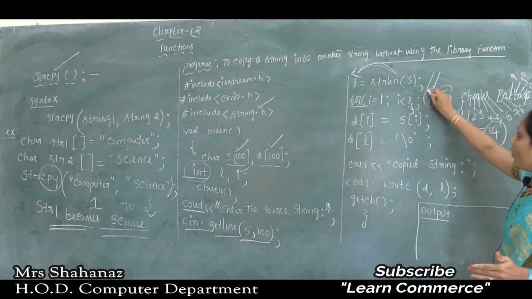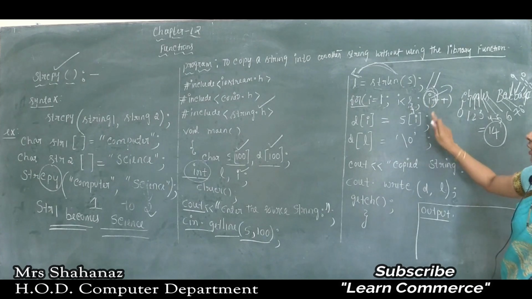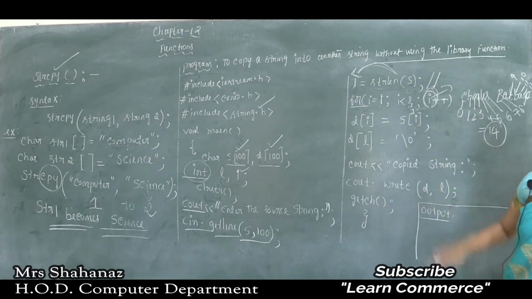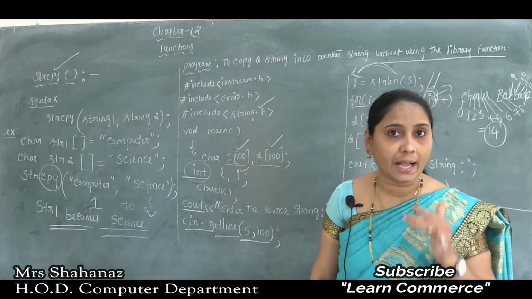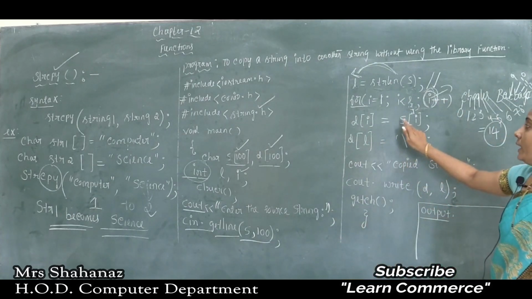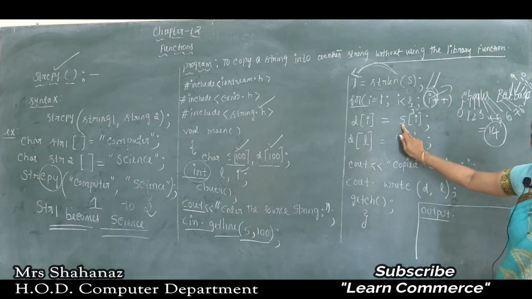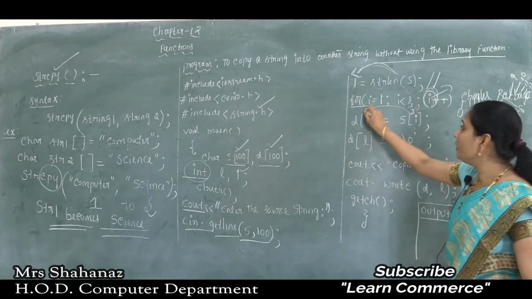Correct? So now all those information is there in our variable I. Okay, now later, next one, as we know this line is used just to access the source string character one after the other. Later, next one, now the S of I, that means the Charles Babbage is there in our I here, and the name of the string 1 is S here. So S of I is equal to D of I.